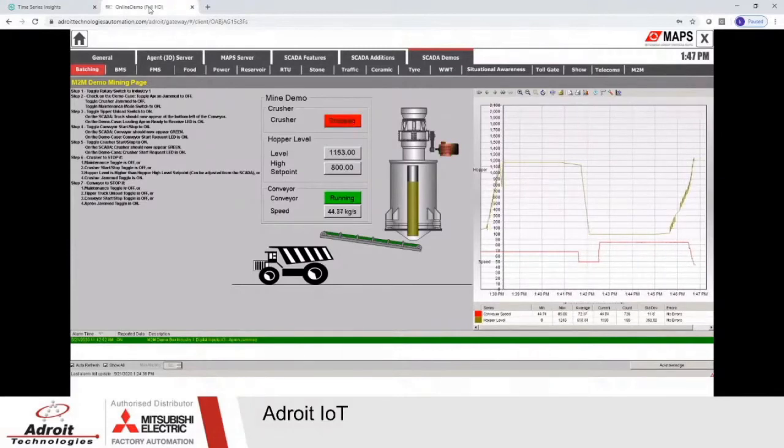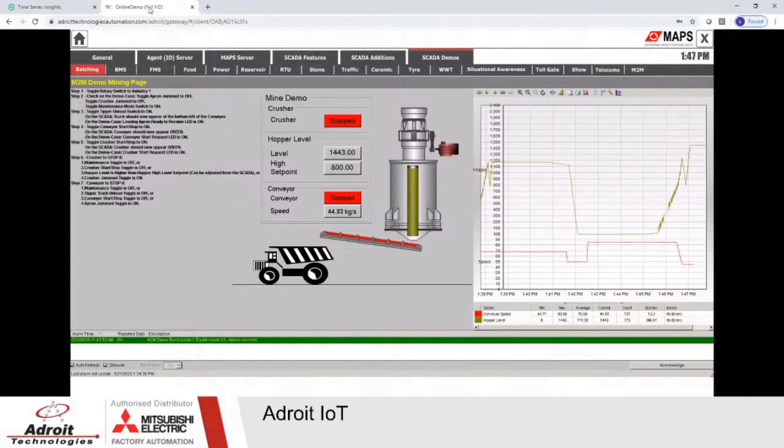I've reached the high level set point, the cutoff, which is about 800. It takes a little while, of course, to empty the conveyor. We try to emulate exactly what happens. What I'm going to do now is shut the conveyor off. You can see my speed of the conveyor is at 44, and that's the important one to see in the cloud. So at some point in time, the operator slowed the system down, and that's the important stuff that we need to be able to simulate the data in the cloud.